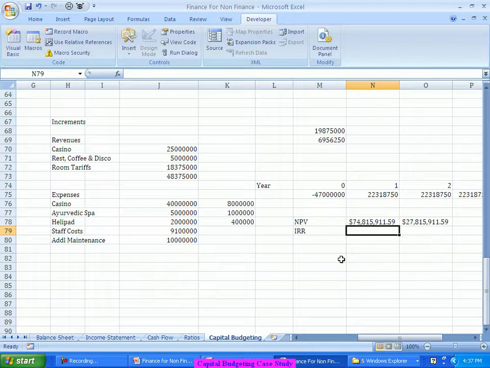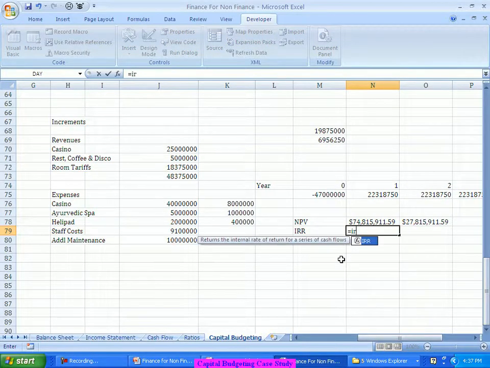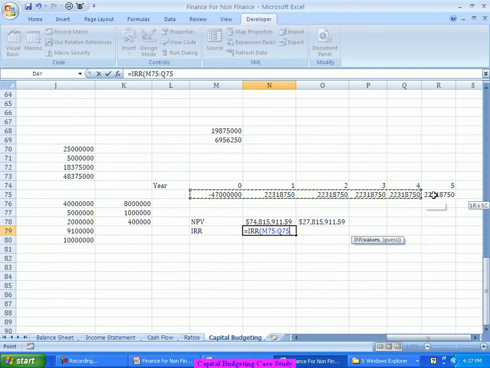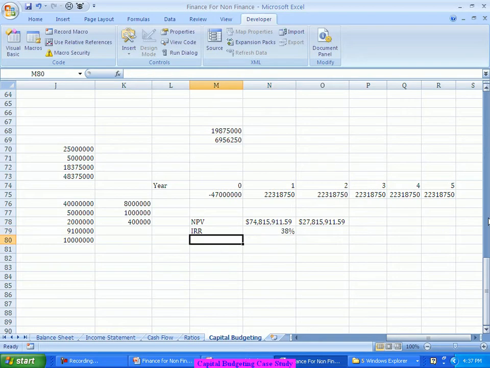Though the NPV as a number is slightly lesser, IRR will be more because the size is smaller, but the returns are much higher. So in the IRR, I can find out this. 38% is the return. So probably I can say out of these two, it is looking like better go with the second. Couple of reasons also.